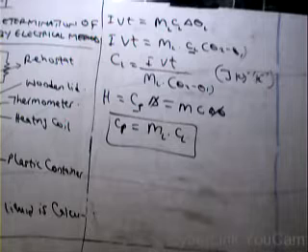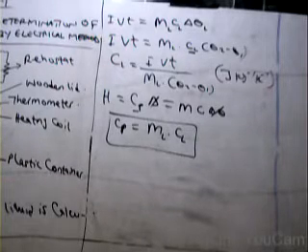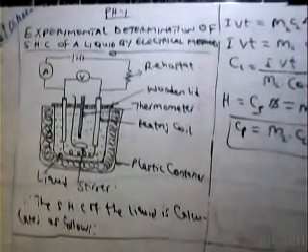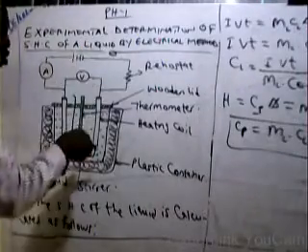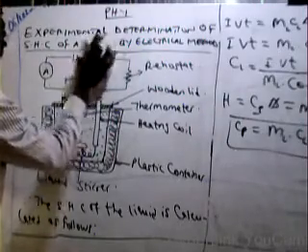Now, we can also use the same process. Before there are precautions that have to be taken here, and before we go into those precautions, let me explain another aspect very closely related to this. When the question says we want to use the same experiment to determine the specific heat capacity of a solid, this time not a liquid, but we want to use the electrical method as well to determine the specific heat capacity of a solid.